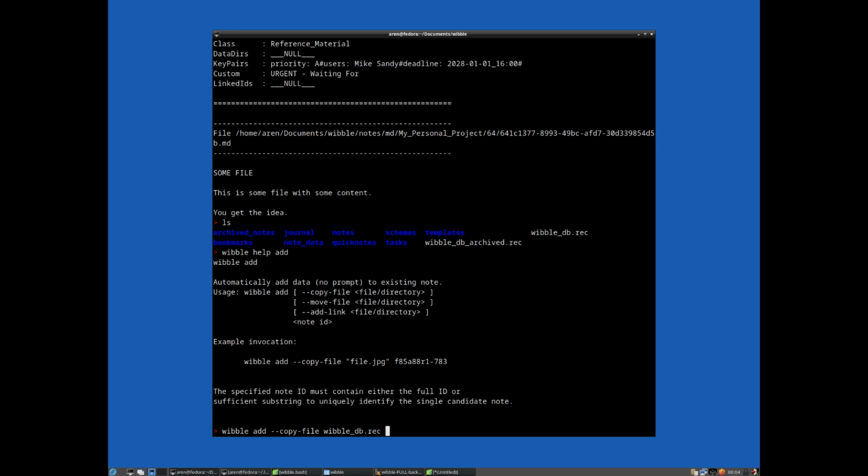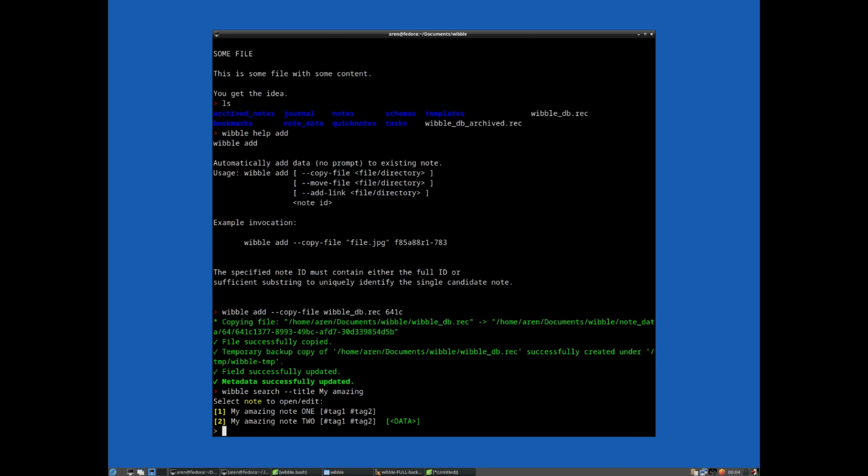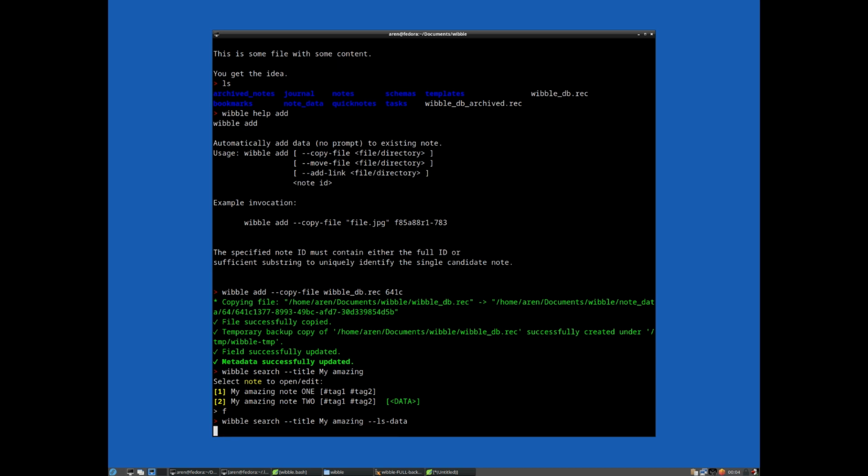So we'll get dbrec, and we know that the ID for the second note here started with 641C. So we can type that, 641C, that should be enough. And it's basically added that file as data for that note. So again, let's just do a search for this, and you can see that my amazing note 2 now has this indicative data stub here, and just to prove it, if we then do list data